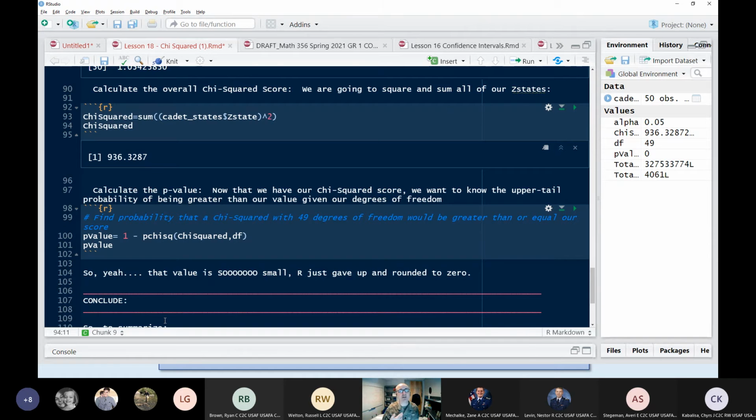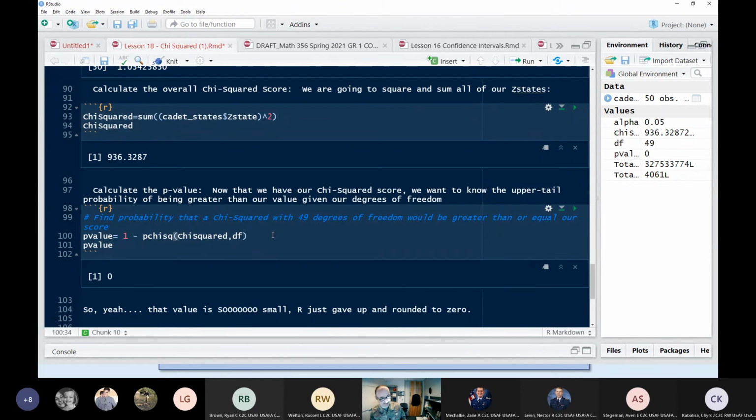So I can't say whether that's good or bad until I use it to calculate the p-value, which is what we're going to do right here, right? We're doing the upper tail, so it's 1 minus, and then instead of pnorm, pchisq, and then the number that we just calculated up there based on the degrees of freedom, which is 49. So I run that, and I get 0. So the answer is not 0. The answer is